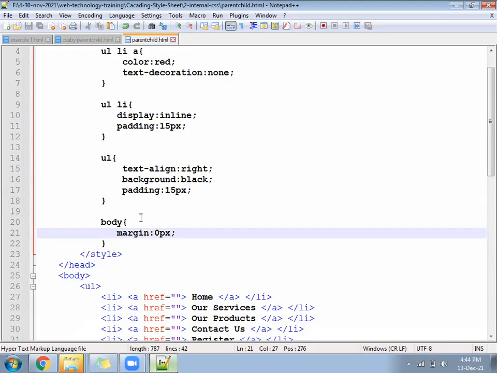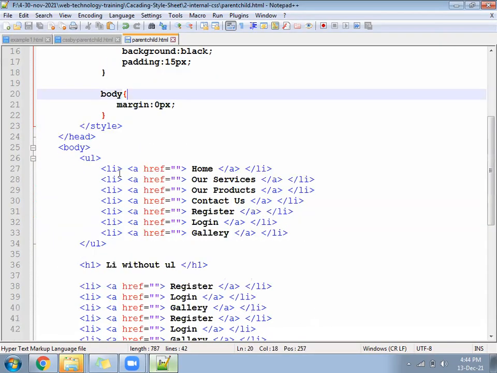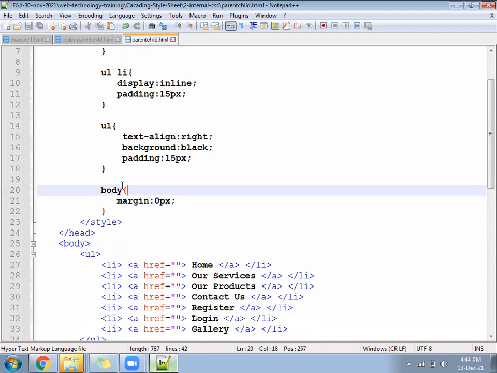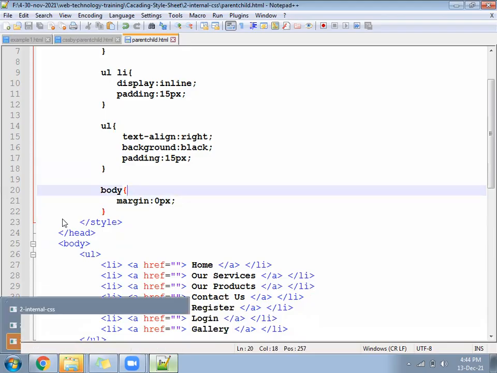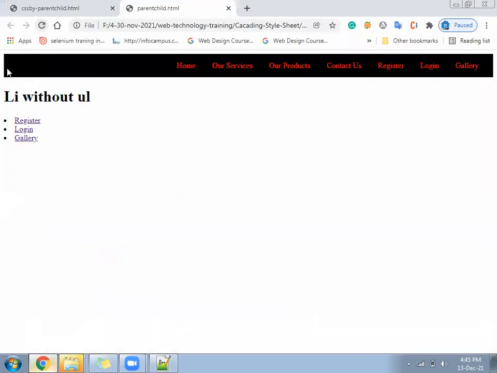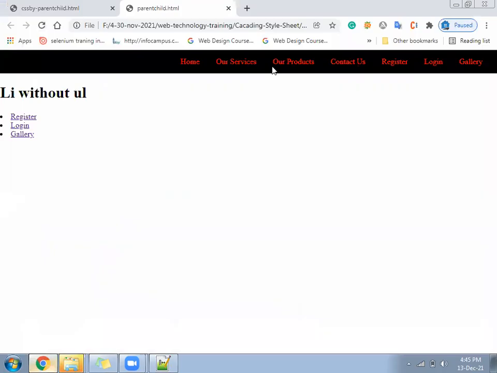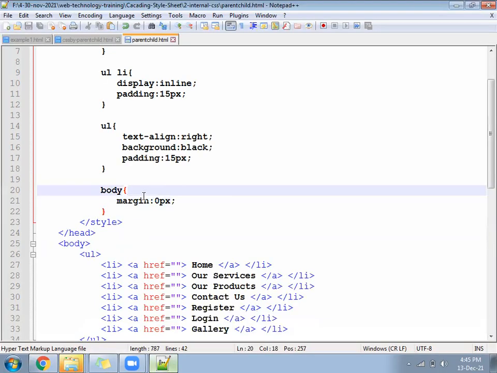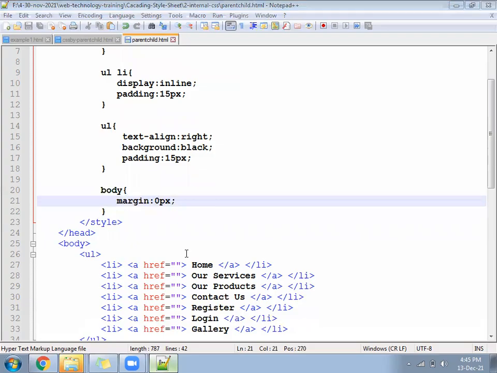Okay. After that, you can see you will not have any space surrounding the black menus. Something like this. Hope looks similar.